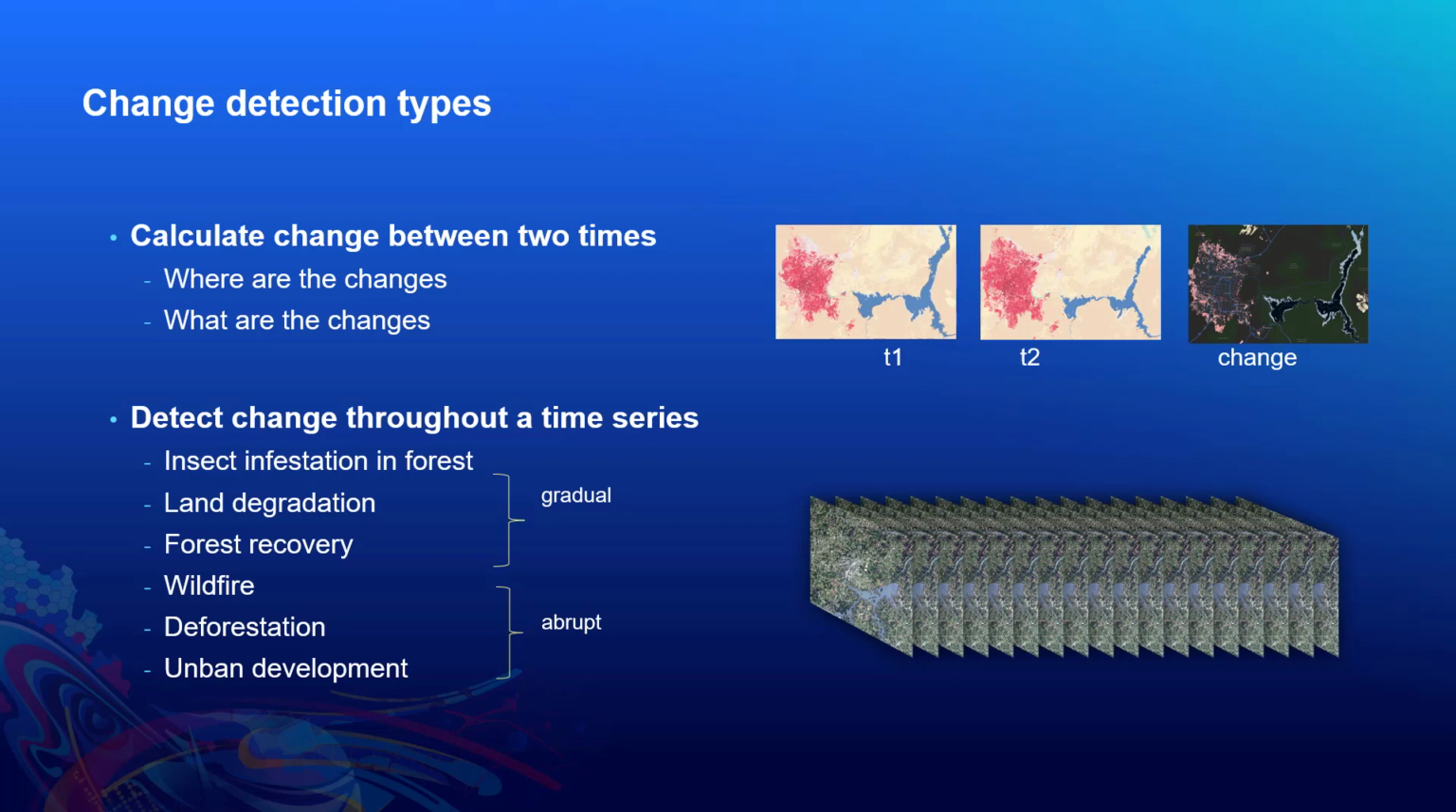With time series imagery, you can detect many types of changes, gradual change and abrupt change. The gradual changes are forest infestation, land degradation, or forest recovery. The abrupt changes are things like wildfire, deforestation, and urban development, and so